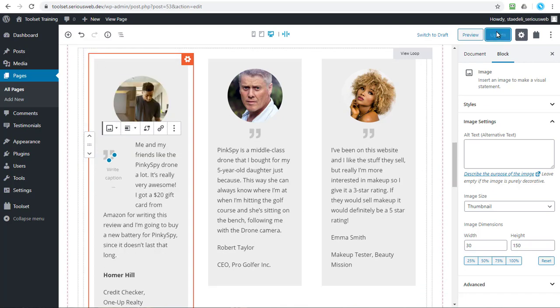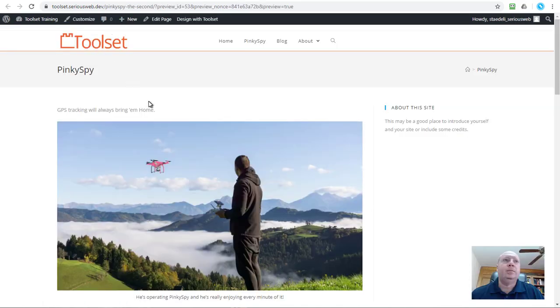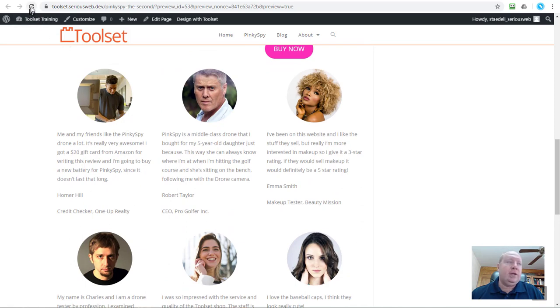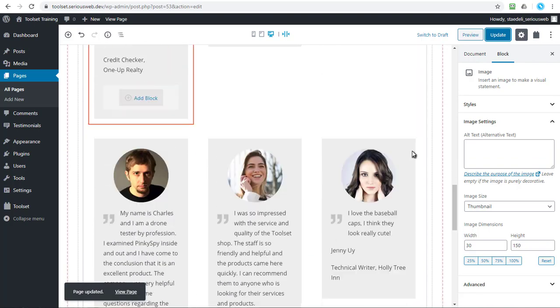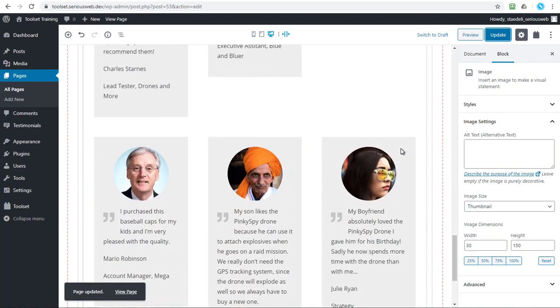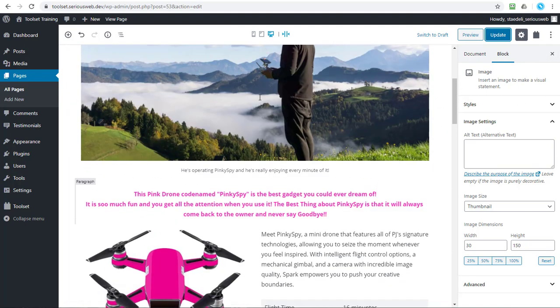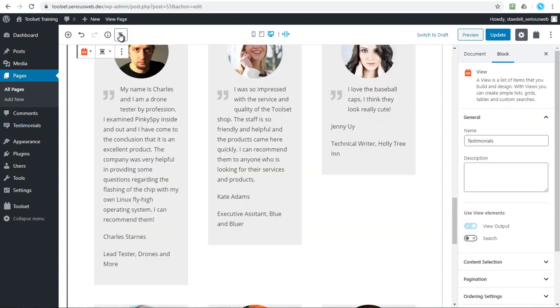Yeah, let's try this and let's go to the front end and see how this looks. Okay, it's not exactly what we were expecting yet. Let's double check. So first of all, I don't want so many of these testimonials. I only want 3. So in order to do that, I can go through the block navigator and go